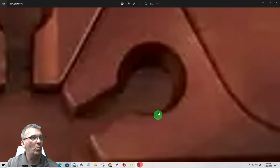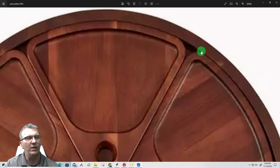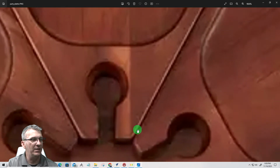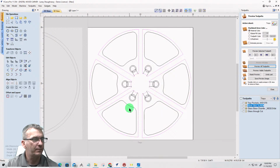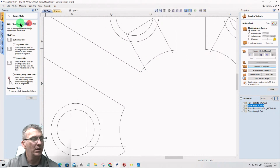Now on the ones that they created here, you can see that they did the round over. It's ideal because you don't have sharp points poking into someone. So they rounded off, and then here they have a slight radius on the edge, just to knock off that sharp point. We're going to do that same scenario there. On the internal fillets here, they're going to be small, probably 1/4 inch,